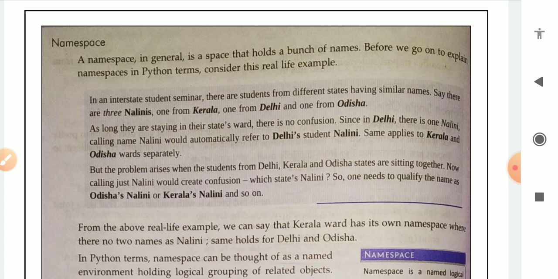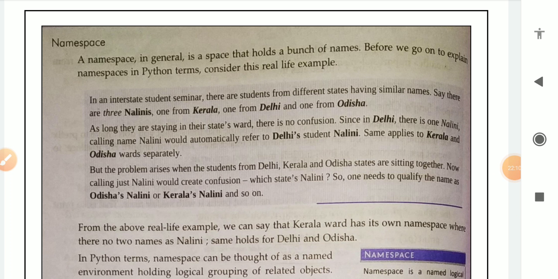As long as they are staying in their state ward, there is no confusion, since in Delhi there is one Nalini, calling the name Nalini would automatically refer to Delhi's student.